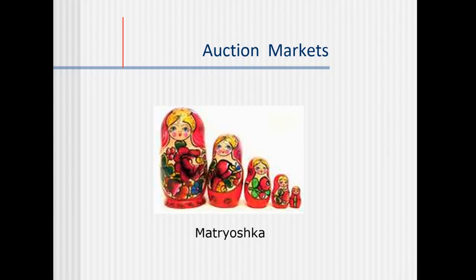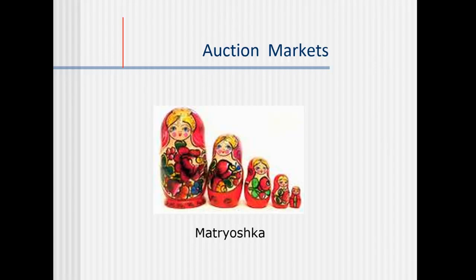The auction has a number of different rules. We will review some of them in this lesson. The first and most important rule is really the idea that there are a multitude of different auctions taking place in the market at the same time. And I often like the example of the Russian dolls, the Matryoshka dolls, or if you speak Russian, I guess it's the mother dolls,